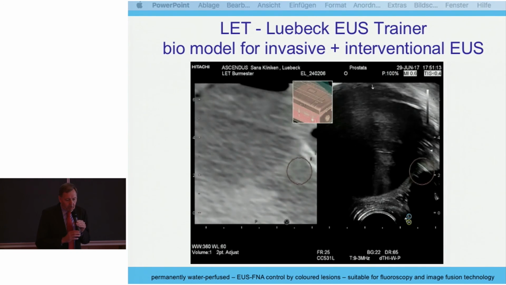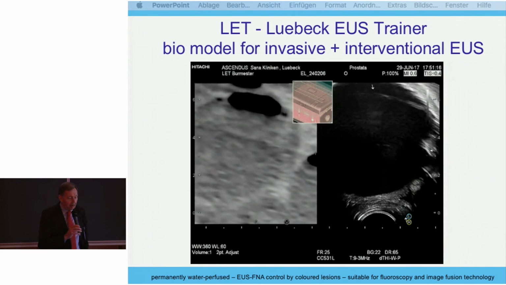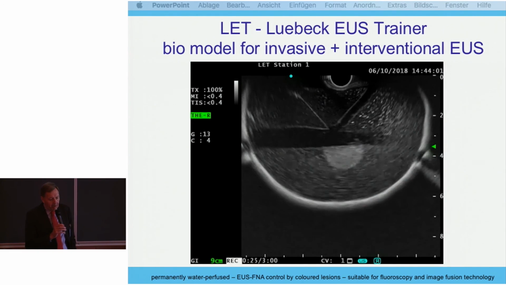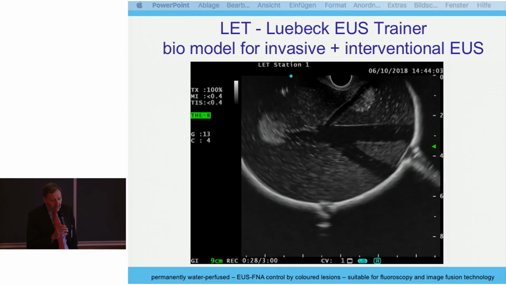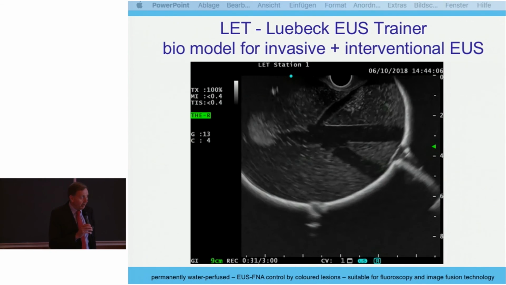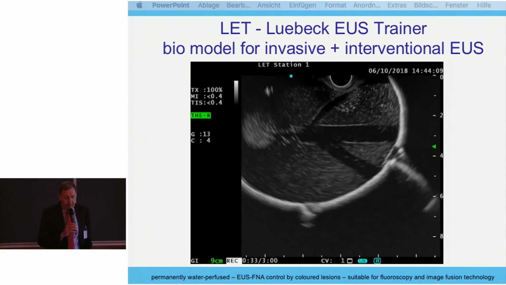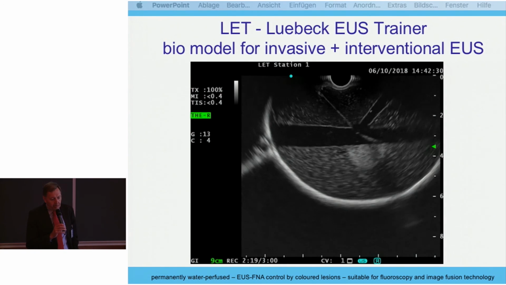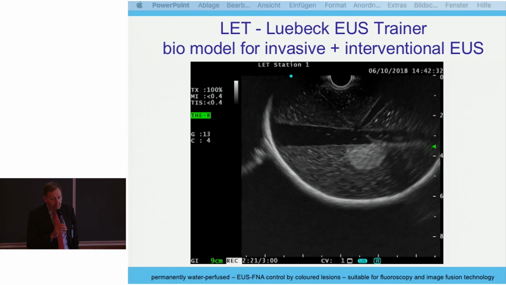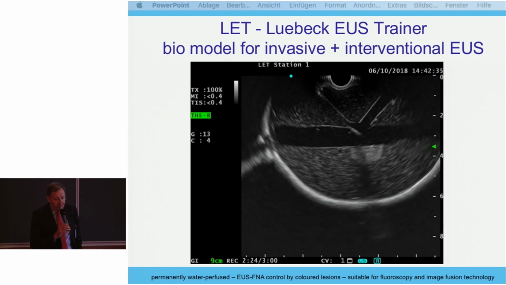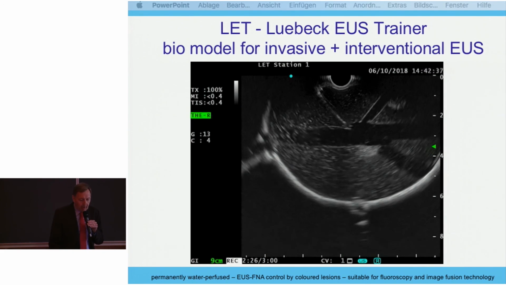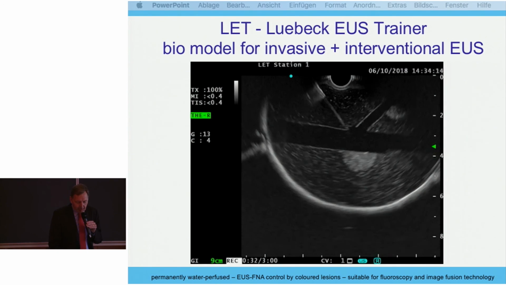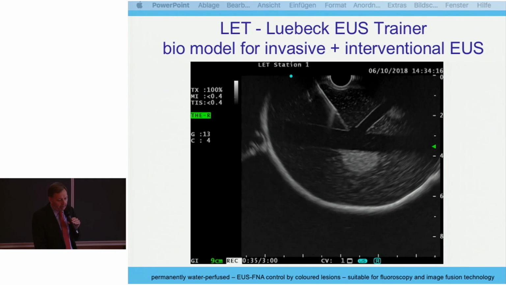And last but not least, in October we started as well to train perhaps hepatic gastrostomy, and we made an artificial bile duct system within the system, and it seems as well possible to train a drainage of the bile duct system, the artificial bile duct system. You see very easily the guide wire going within the tubular structure. So this is a short demonstration of the trainer.